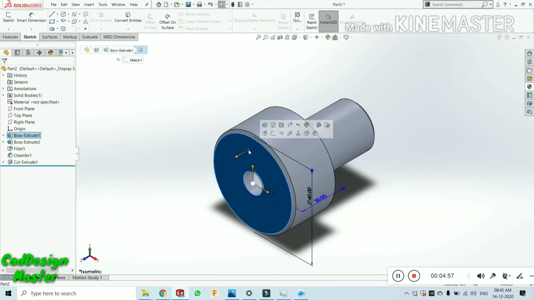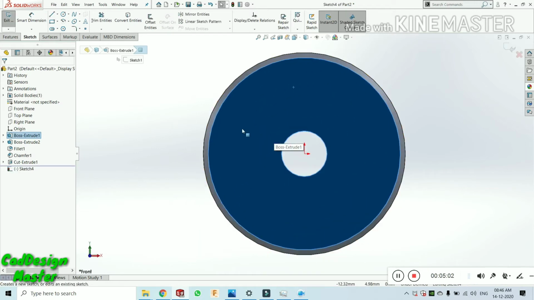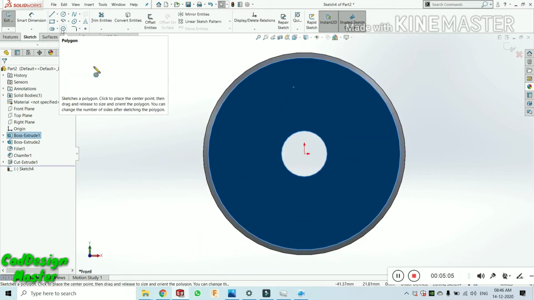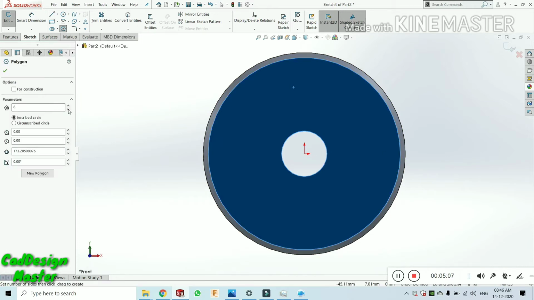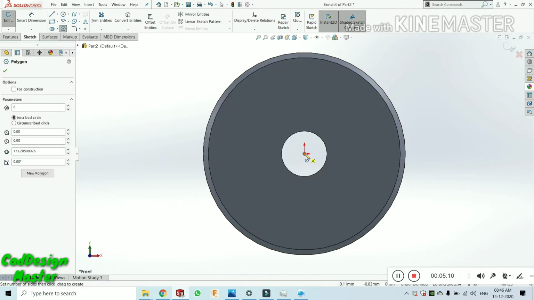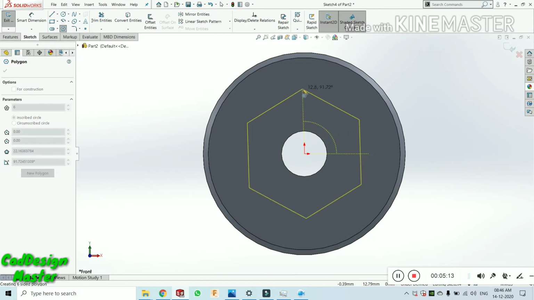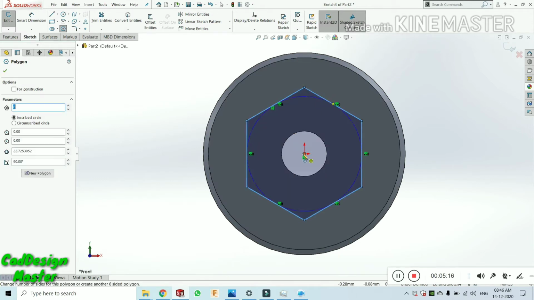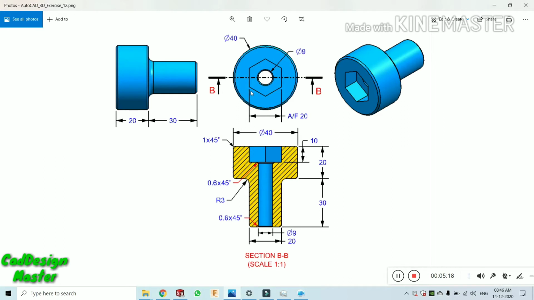Select this face and click on sketch, normal view, select this polygon, the center polygon. First of all, we select the center of the polygon and drag it as you wish. Now the distance of edge to edge, that is A by F 20. Okay, no problem. External dia is 40, and extrude cut up to 10 mm.